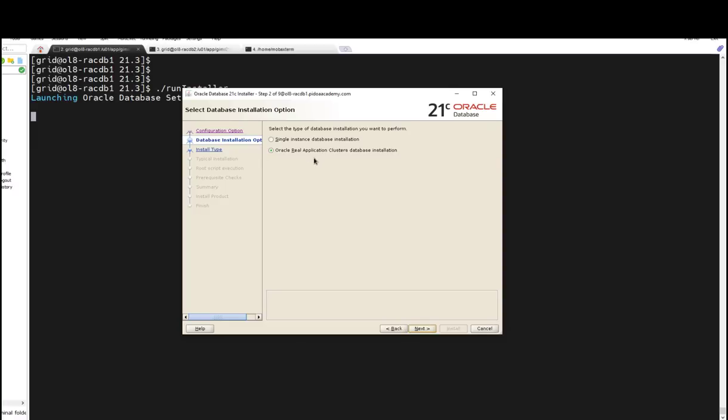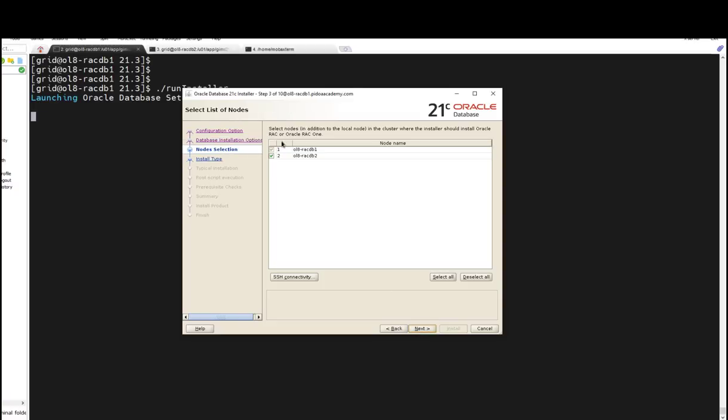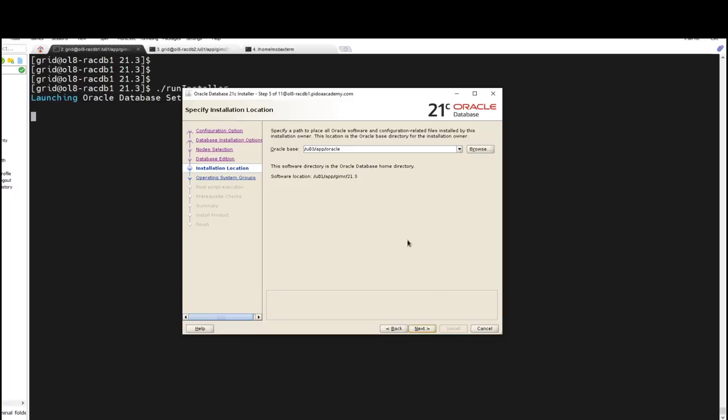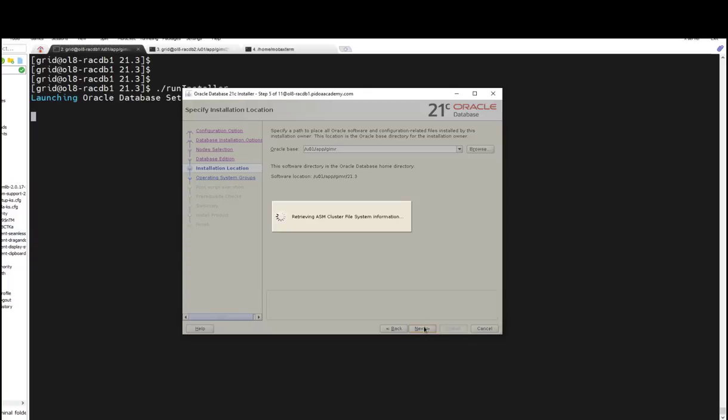This is the real application cluster database installation, click next. We have our 2-node RAC selected. This is fine, click next. All working fine. So we go for Enterprise Edition, next. Here we need to change the Oracle base to u01. So I'm going to click next.